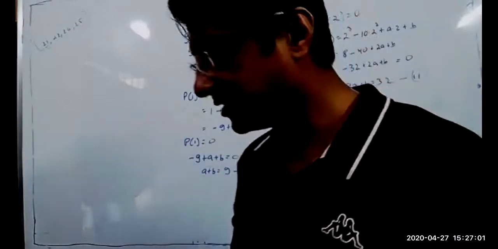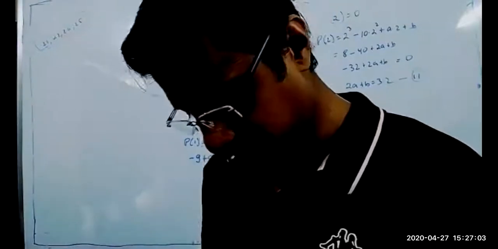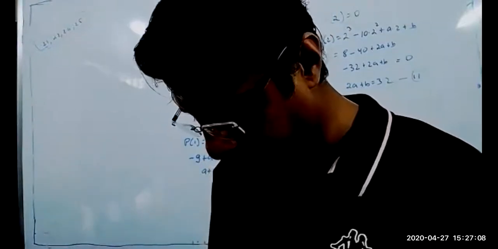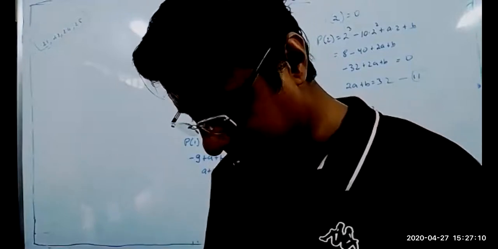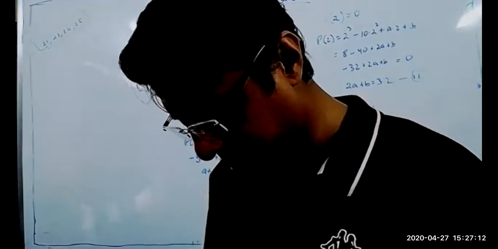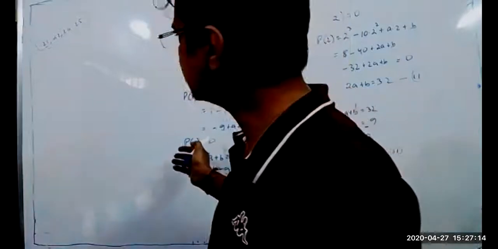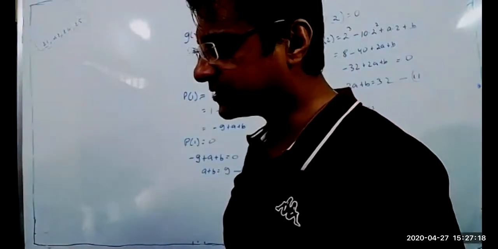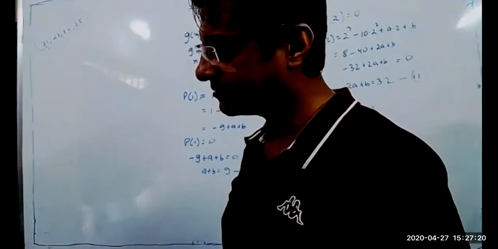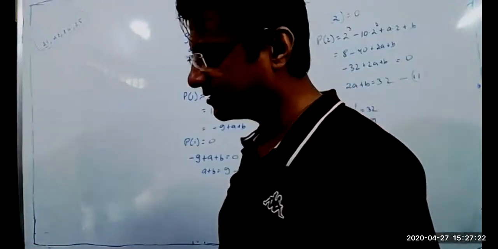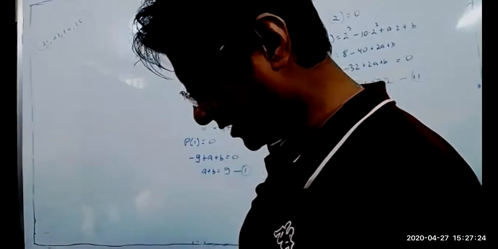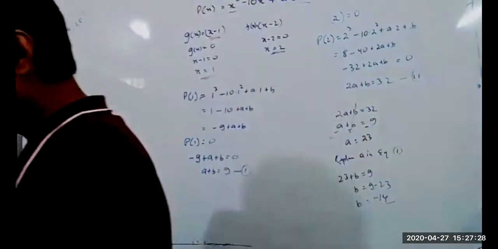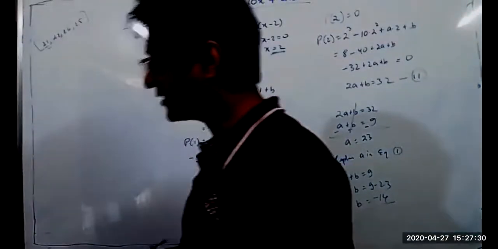Now I will give you a hint. You have to do it. 21st question: find the value of a and b so that the polynomial is exactly divisible by x plus 2. As well as, just now we did the 21st question. Rashmi? Sir? The 28th and 21st are the same question. Only the digits are changed. Okay, sir. Give it a try by yourself.